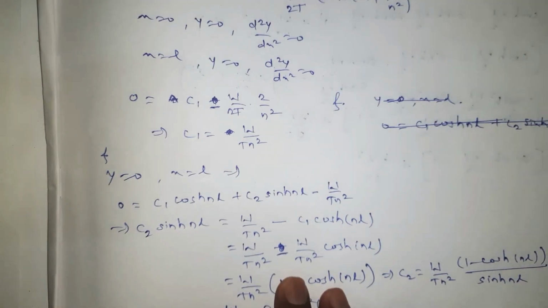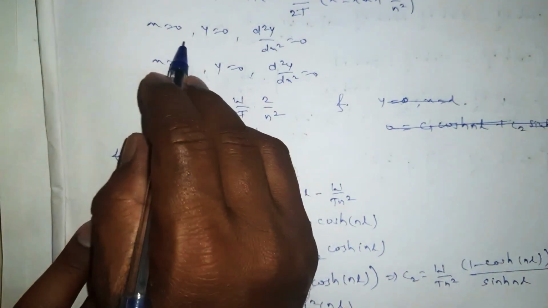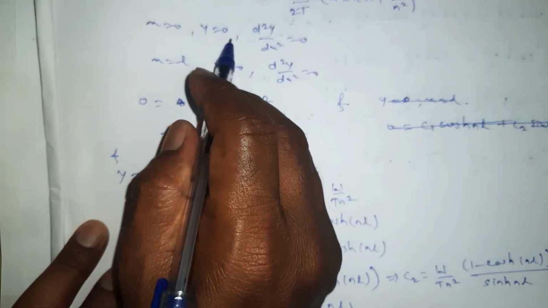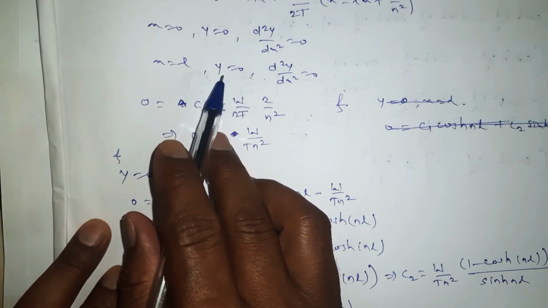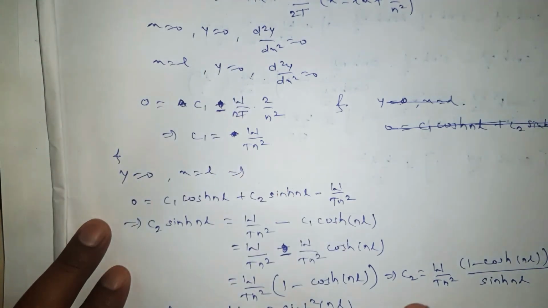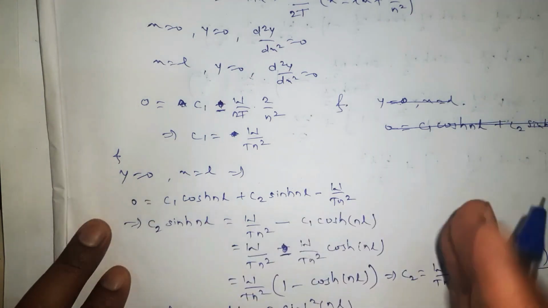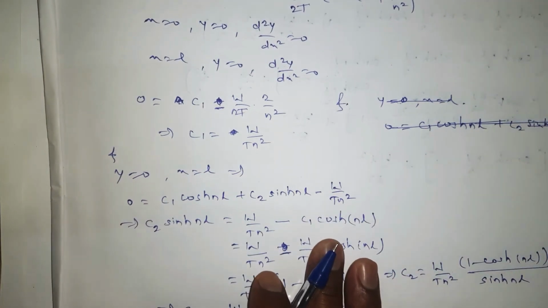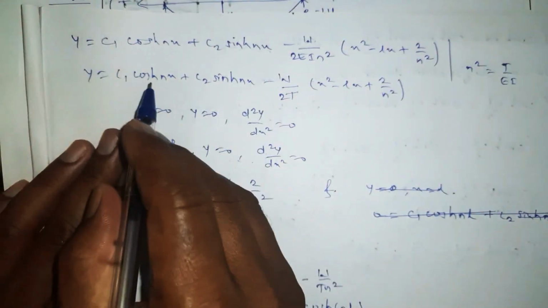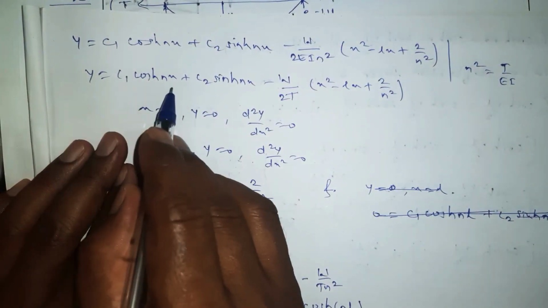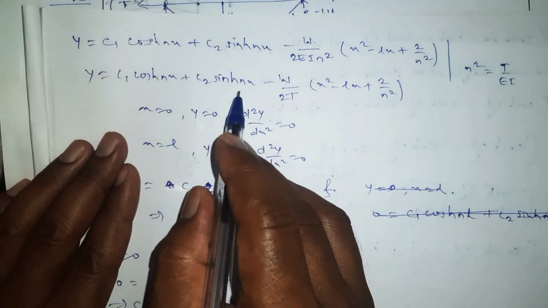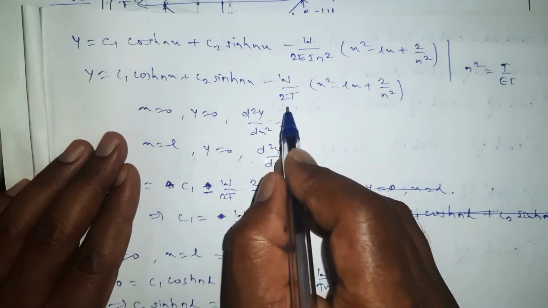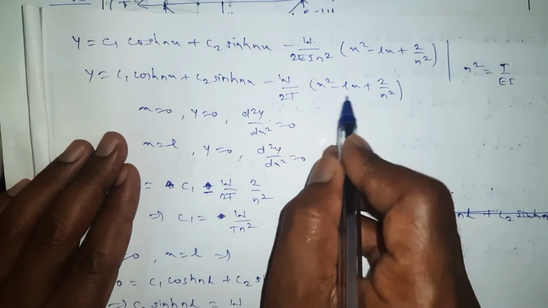Using conditions we get, at x equal to 0 we are going to substitute y equal to 0, and same way at x equal to L we are going to substitute y equal to 0, means y is 0 at both the places, means end point and starting point. So here if I substitute these values in my equation, see carefully here, c1 cos h 0, it is 1, so c1, sin h 0 is 0, so it is 0, minus w upon 2t. This is 0 because x is there.